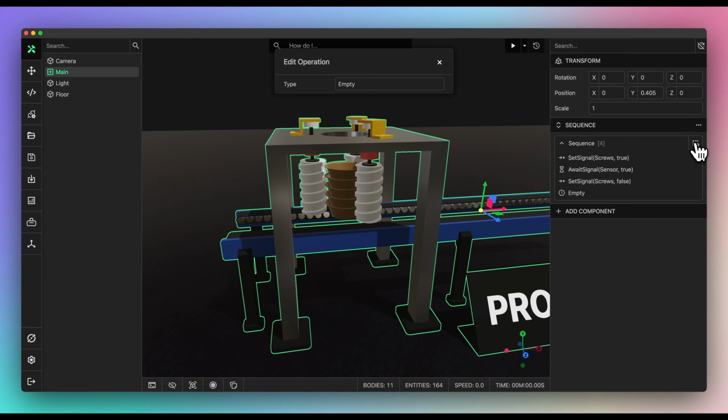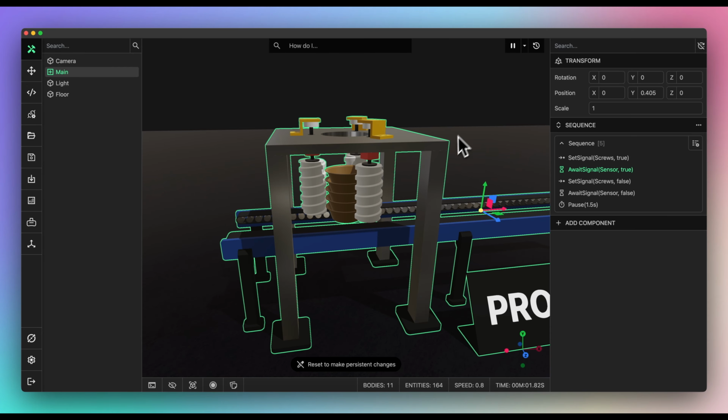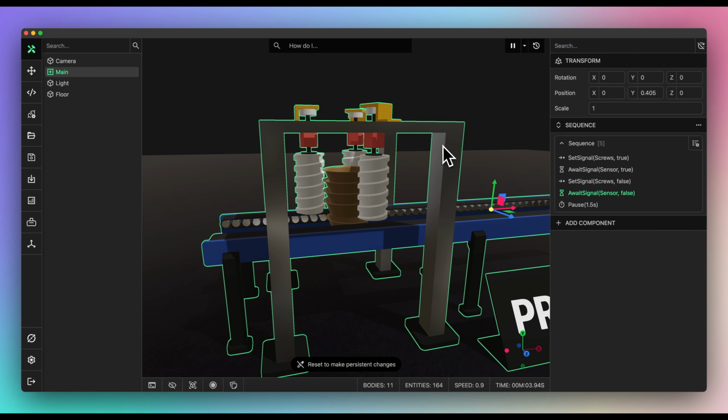The bowl will now be dropped onto the conveyor belt, so we want to use another await signal operation to wait until the sensor is cleared. Finally, we'll pause for 1.5 seconds. This pause is important to ensure there is no bowl underneath the screws before we cycle the sequence and turn the screws back on. When we run the simulation, you will see that the current operation being executed is highlighted